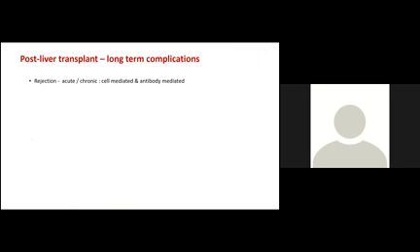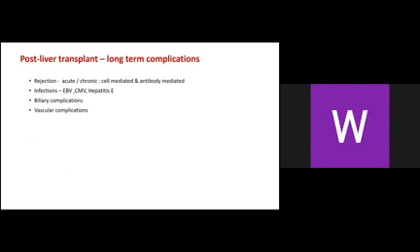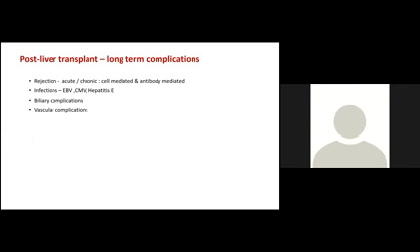To give you a brief idea about post-liver transplant complications, the rejection, acute, chronic, and sometimes it could be cell-mediated or antibody-mediated, infection risk, biliary complications, vascular complications, because we know the portal vein, hepatic artery all needing anastomosis, those things can go into strictures, sometimes thrombosis, biliary leaks, biliary strictures. And it's very important to know about post-transplant lymphoproliferative disorder and the malignancies. There is a risk of malignancies.